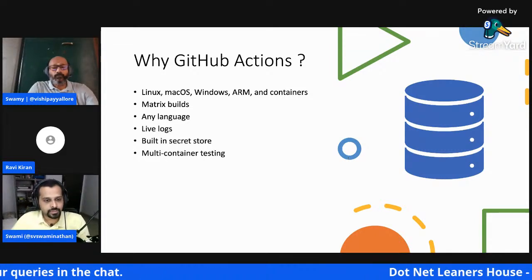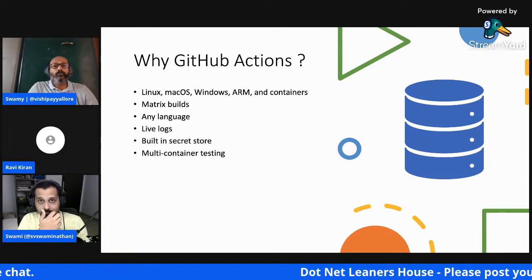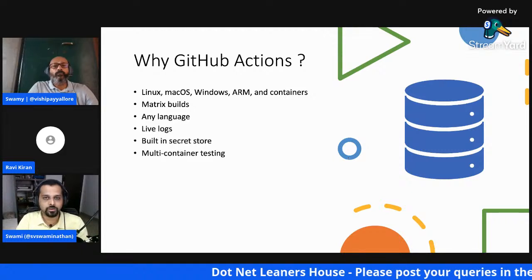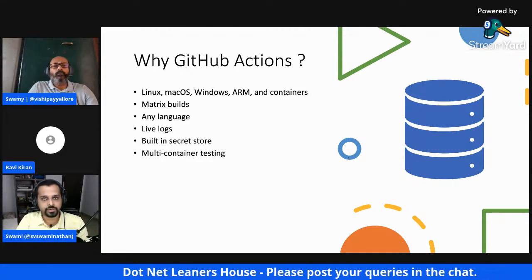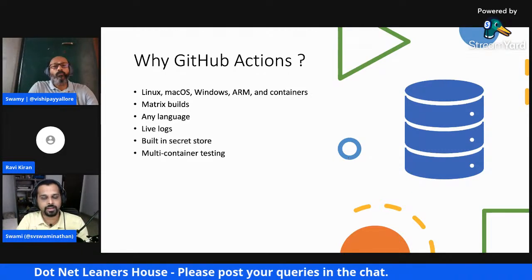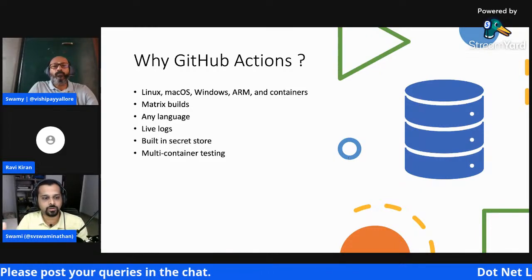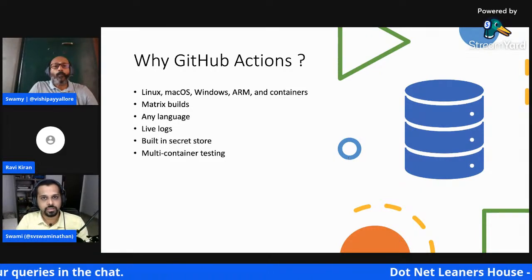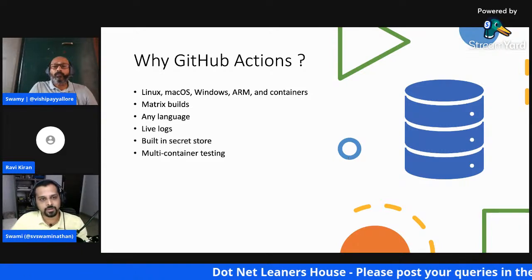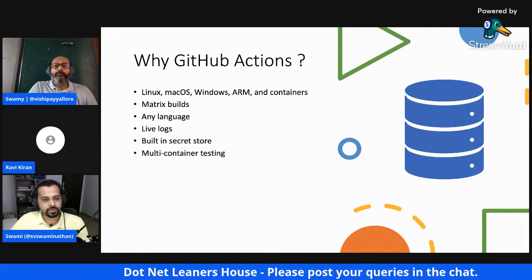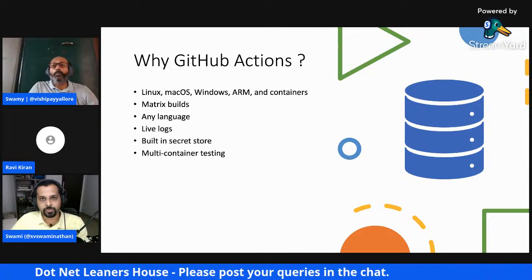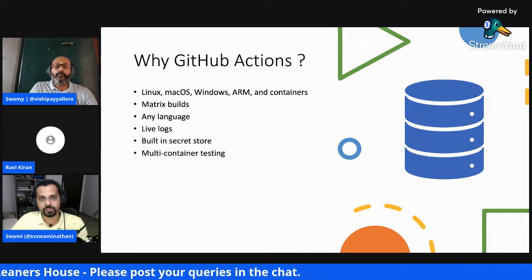And yeah, multi-container testing. If you are working on microservices, and if you are working on Dockerized models, you can also do multi-container testing. That means you will have a front-end application, a back-end application, and then a database. If you want to bring all of them together and do some testing of those in a mock environment, you can very well do that with GitHub Actions as well. So all these would be very good if you're working on a microservices-based architecture and having containerized workloads.